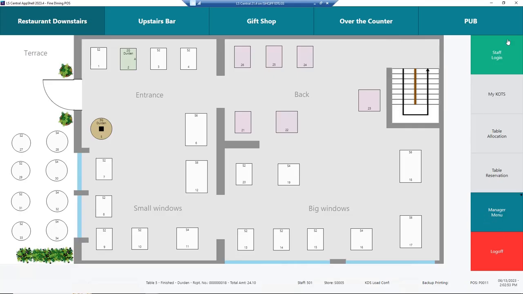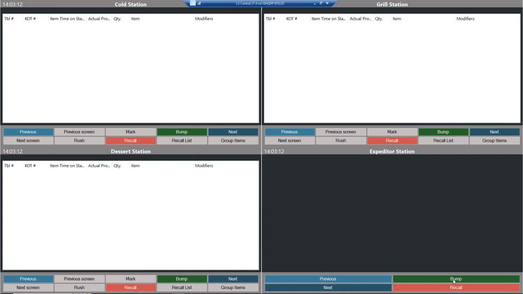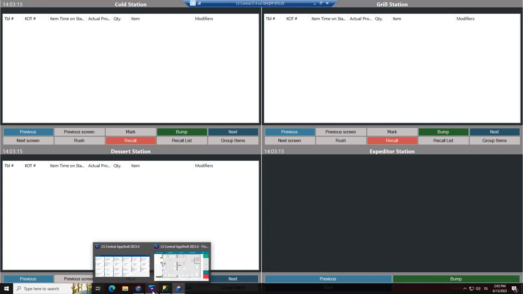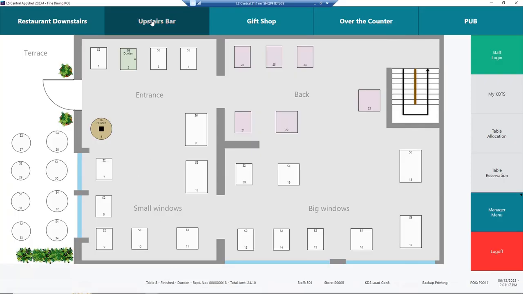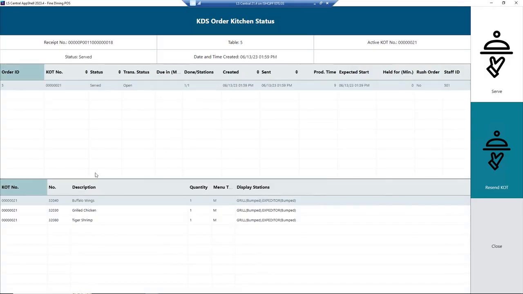Okay, let's jump into the kitchen again. Minimize here. Now we have this order. Yes, it's been yellow, it's overdue. And somebody's bumping it, taking the plates, these 3 plates, and put them into the restaurant area so it can be put on the table. So it bumps it. Now it's gone, right? Let's go back to the guy here and we need to refresh. And you see what happened. Table changed color again. It's green. If you select it, it's been served. If you go into kitchen status, if you like to do that, and you see it's served, everything has been bumped.